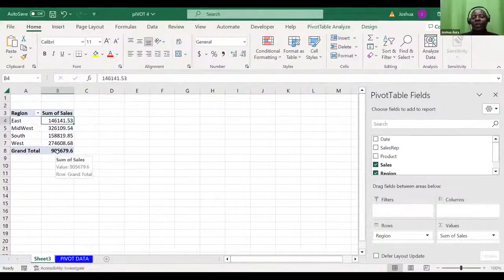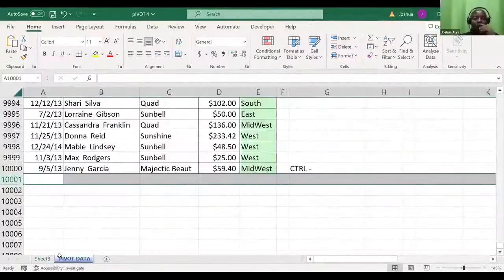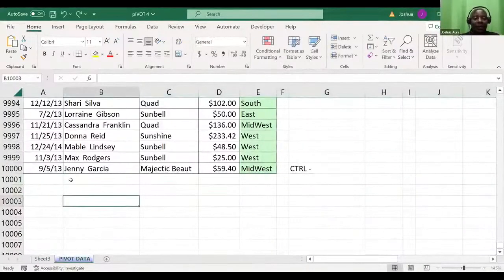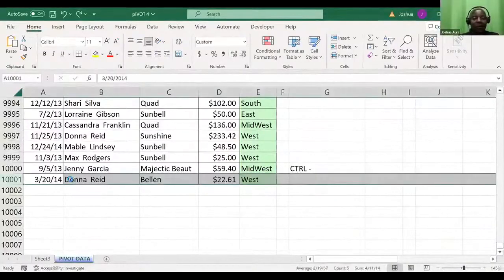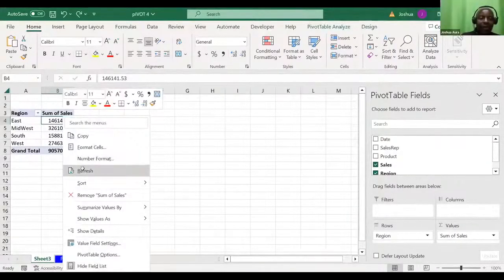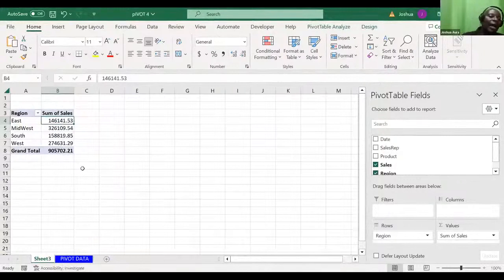So when I go back to my original pivot, because I want to undo, I say control Z. Just a moment. Control Z like that. And once I have that control Z, if I go to my sheet 3 here, which has a pivot, then I simply right click and say refresh. Wow, it takes me back to where I was. Great.